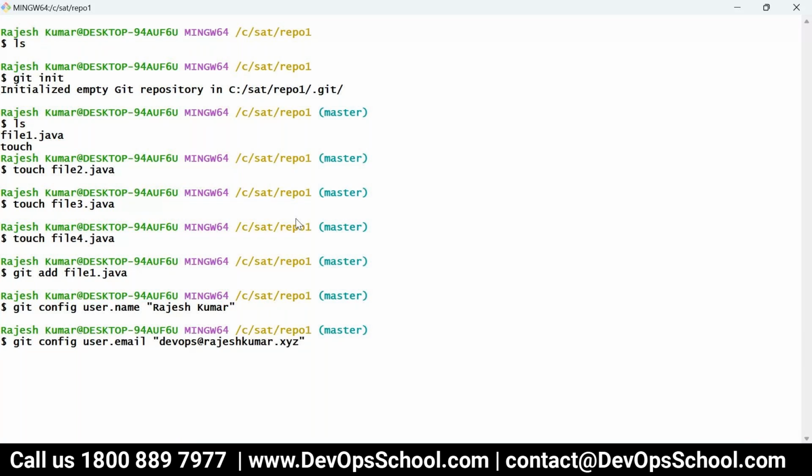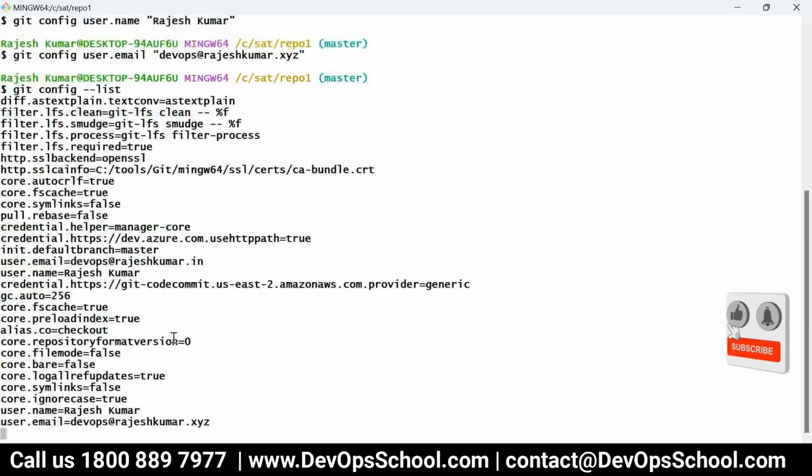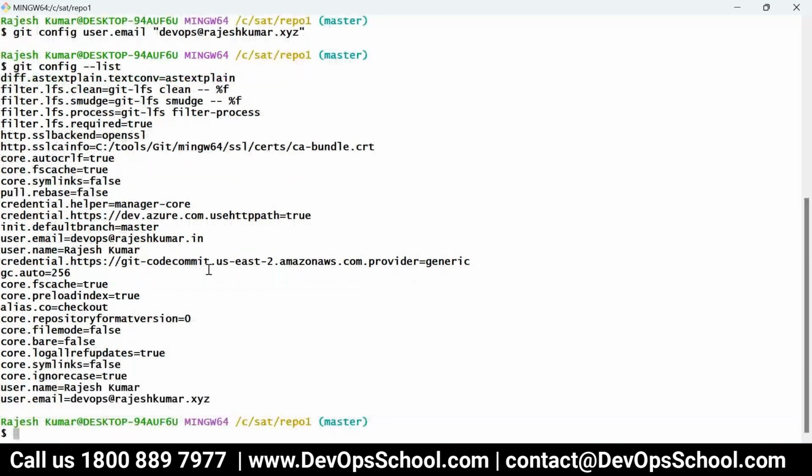Okay, so I set it up. You can check this out, git config --list, and here are the options. Okay, so I did it.